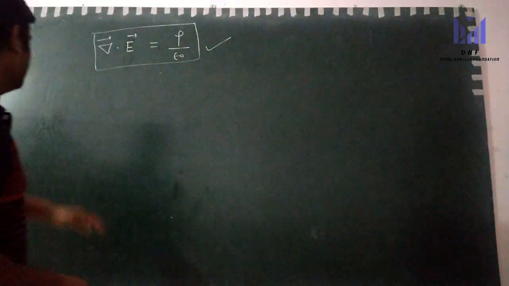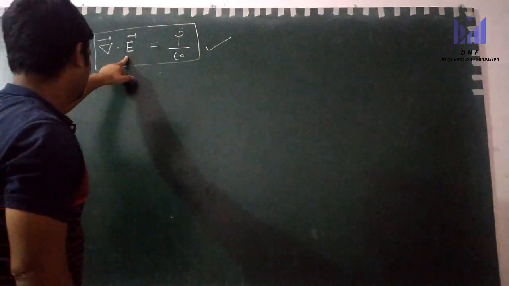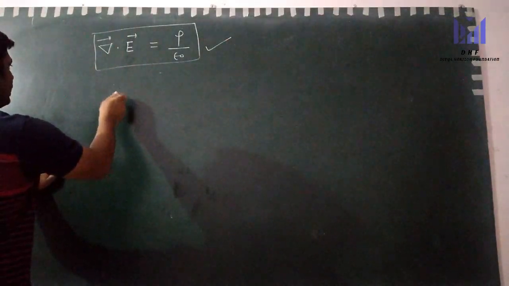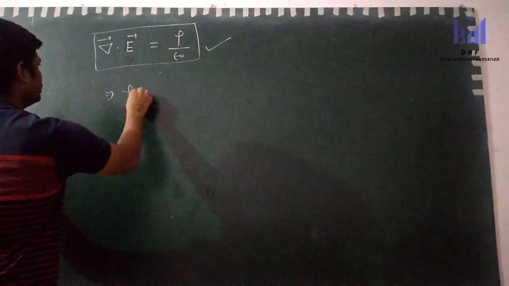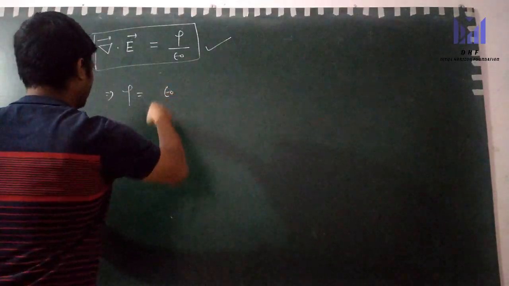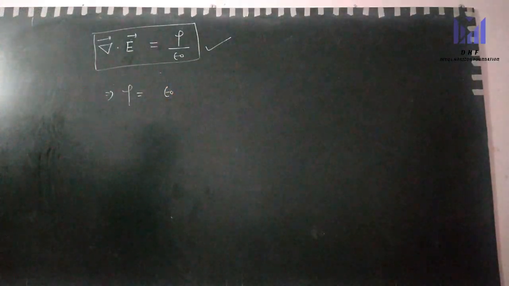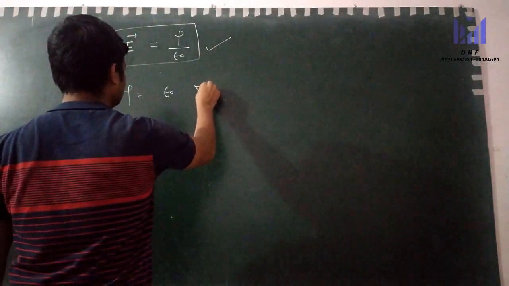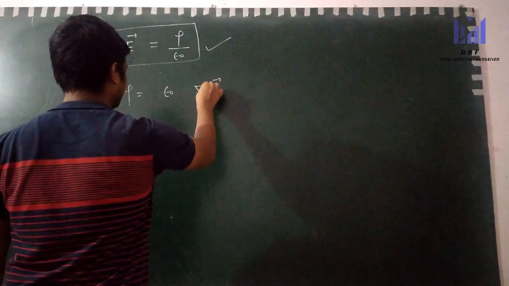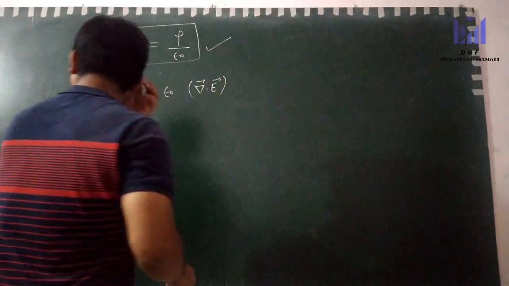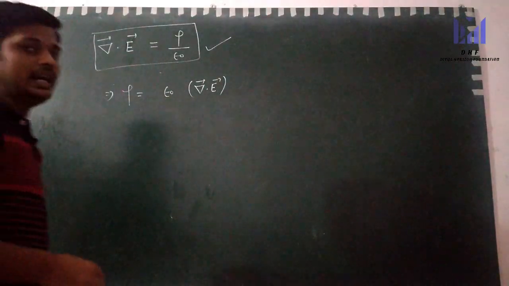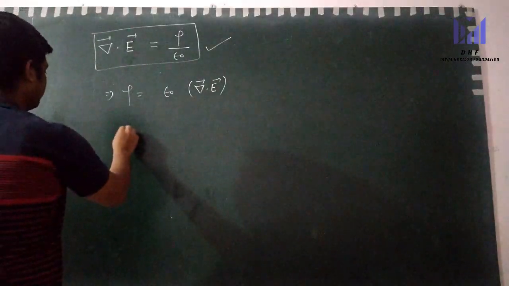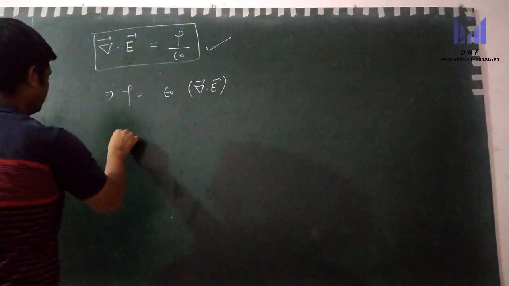So from Gauss's law, we see that the divergence of the electric field at a point is equal to rho by epsilon naught. That implies rho is equal to epsilon naught into divergence of E, where epsilon naught is the absolute permittivity of free space. And we know that in the Cartesian coordinate system, the divergence of any vector is given by,